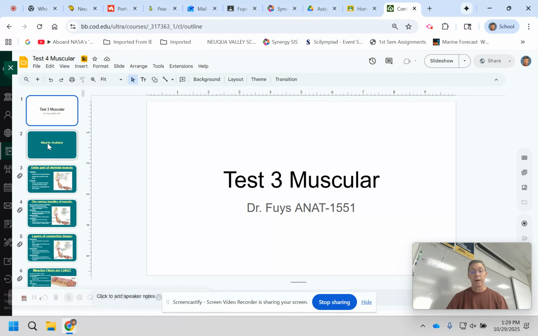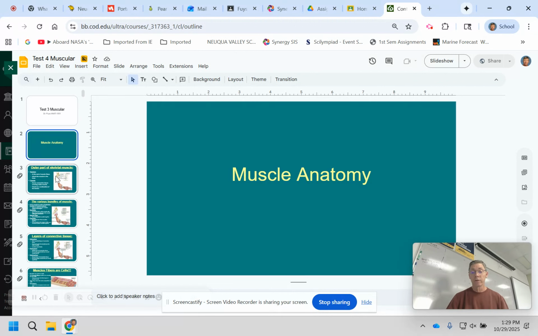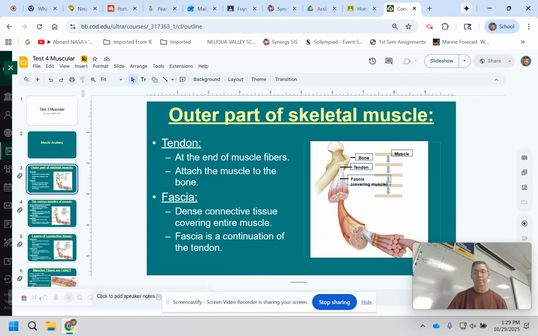Okay, so let's just kind of go through the notes pretty quickly. The idea here isn't to just read them to you. It's basically to point out some important things and to give you some tips on how to prepare, right? So when we get into this first section, what you're seeing here is how your muscles are built,